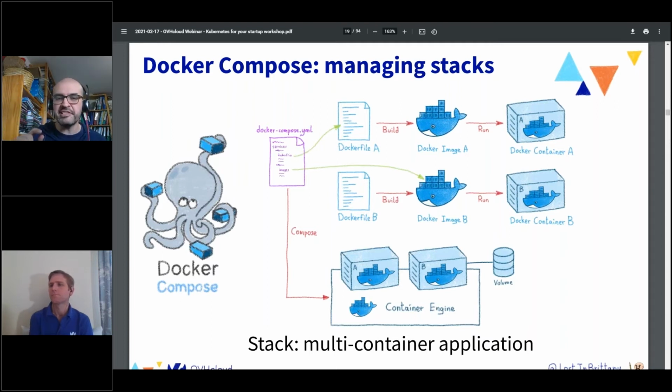The first service is this Dockerfile. The second service is this Docker image. And I am going to need this volume, and this volume. And using Docker Compose, you are going to directly deploy on your container engine the different elements of your multi-container application. Docker Compose is a good solution if you want to run your application only in one container engine,